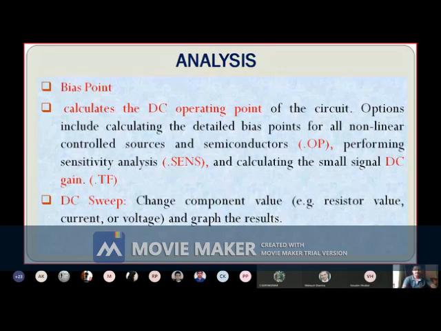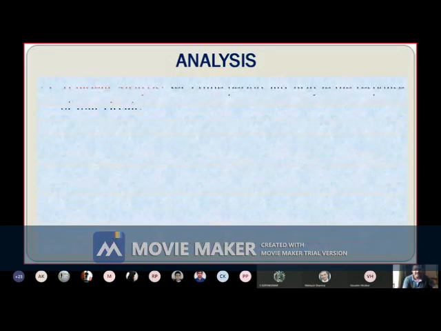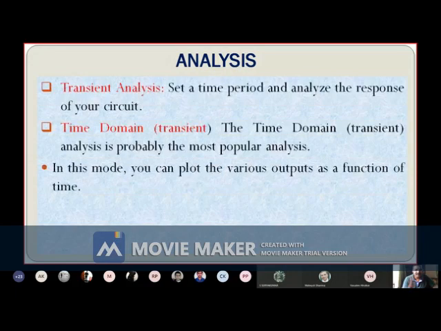You can vary the DC input voltage using DC sweep analysis. Similarly, with AC sweep, you can vary the frequency of a particular circuit and study gain, phase, etc. using AC analysis.